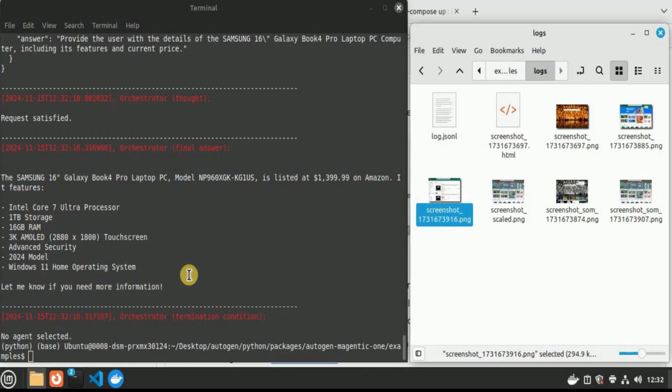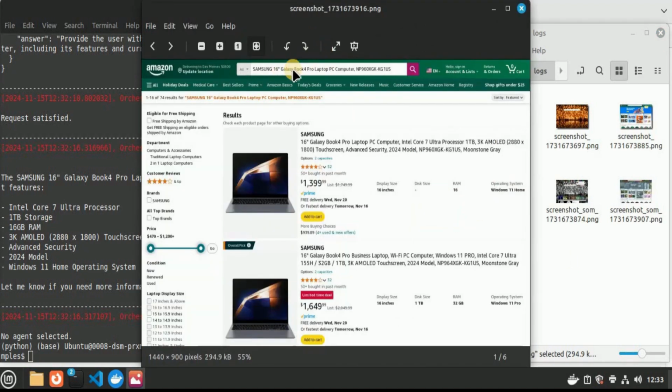Amazing. And the best part was all of these screenshots. You can easily see which step it is performing and how it reached the conclusion. Firstly, it opened Bing, then it searched for the search bar and typed Amazon in the search bar. Then once it was inside Amazon, it looked for the search bar of Amazon and inside the search bar placed the laptop model which we asked it to find